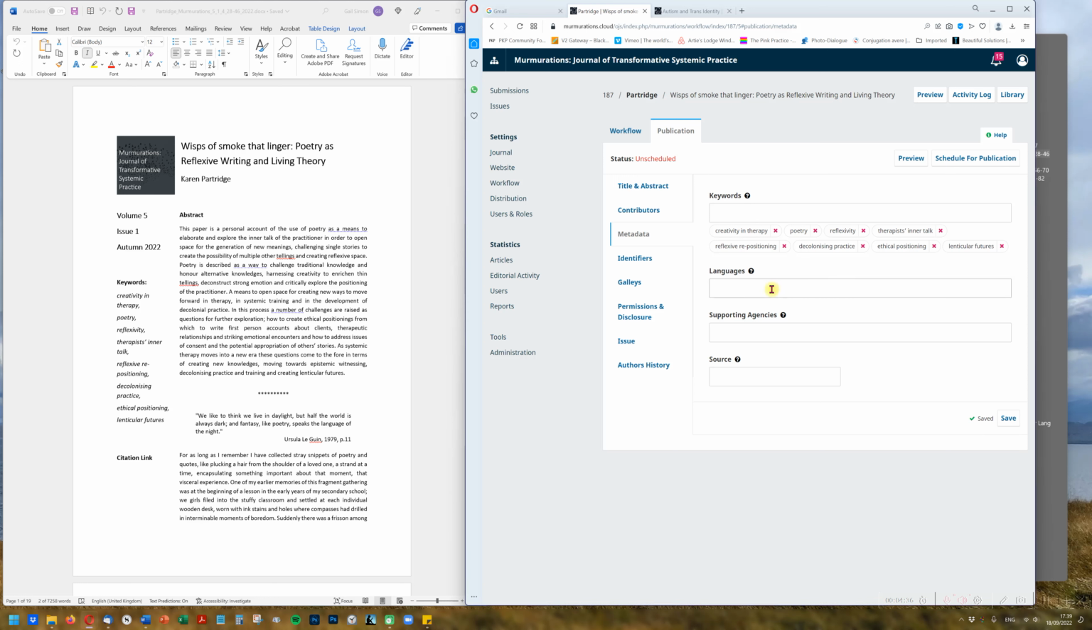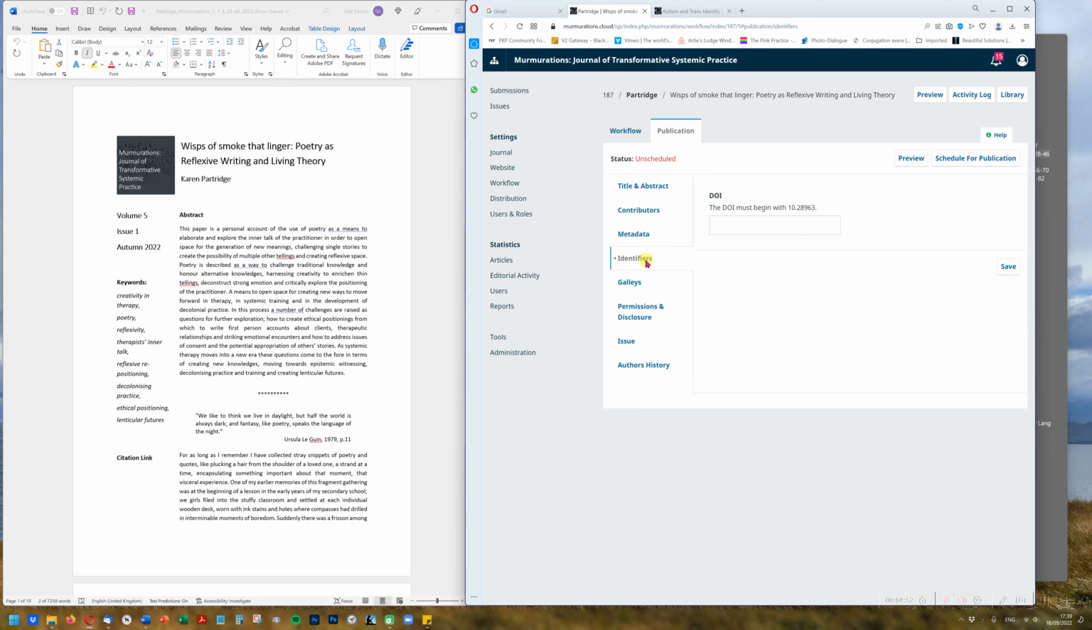I leave the languages thing blank. Same with this, because yeah, there's nothing to add there. We publish in English, so even if somebody has another language abstract, I don't know that it's worth putting that in. Identifiers. Now,